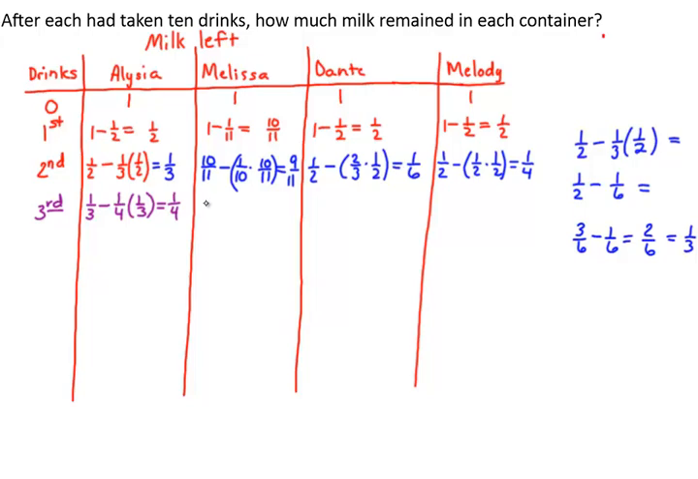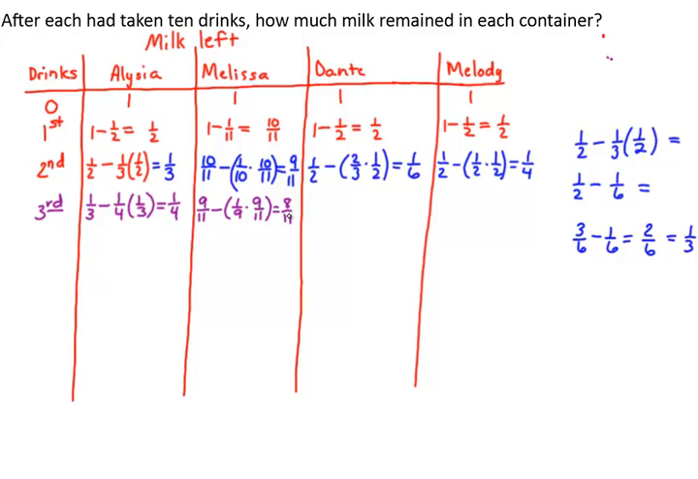Okay, so she had 9/11. She's going to subtract 1/9 of what was left. And when we do that work, we will get 8/11. Okay, for Dante,